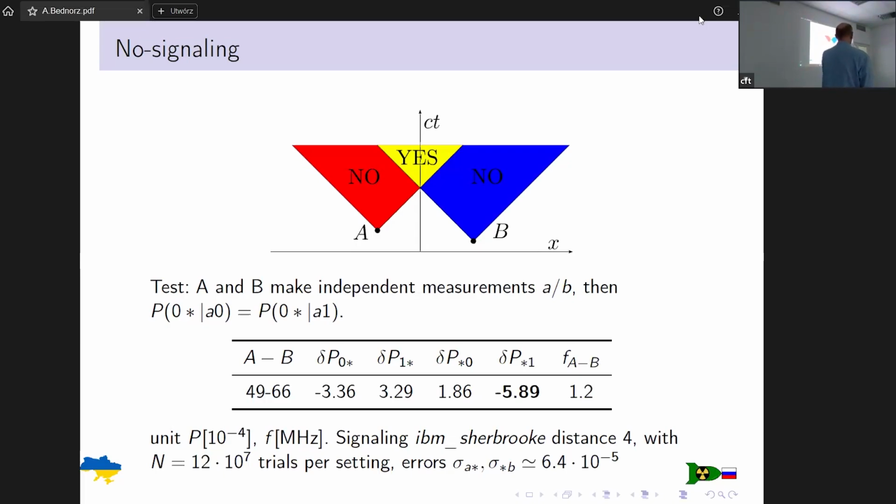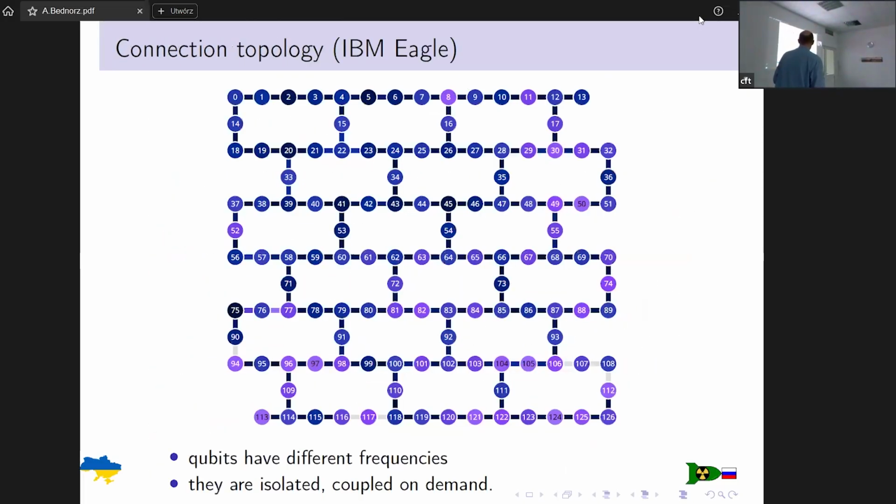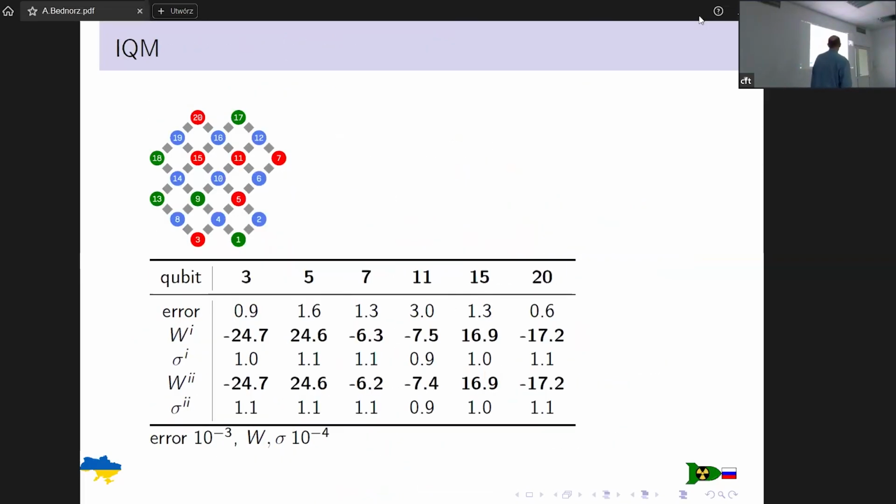Of course, IBM is small as this coin, so it's not relativistic distance, but still, I will show it here. If you, where is this qubit? 49 and 66. Okay, just look. The distance is 1, 2, 3, 4. Okay, these 2. And if you take these 2 qubits,